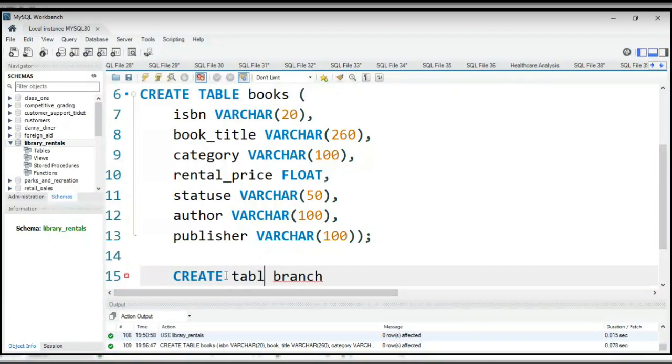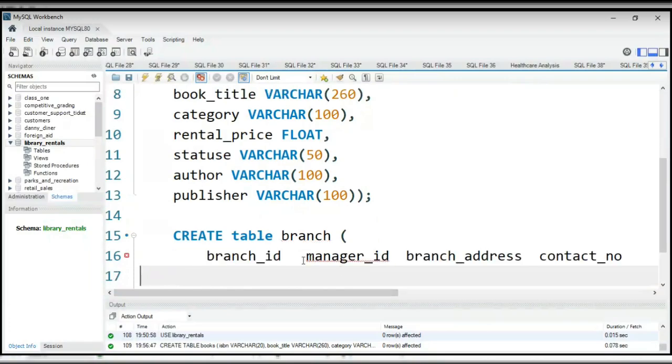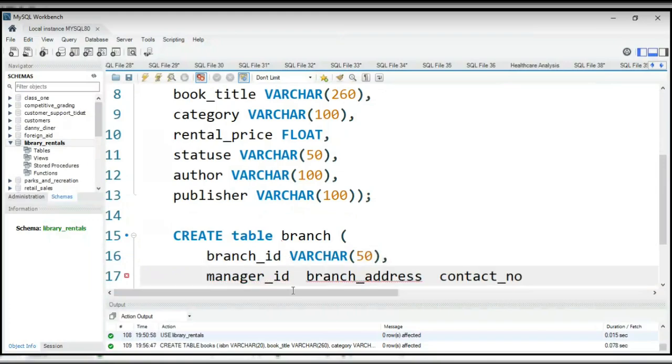Create table called branch, and we open this. Over here, we paste. Branch ID is actually a varchar. It contains letters and numbers, so that's why it's a varchar. Ordinarily, it would have been an integer. Manager ID, I would have to check that too. So it also contains letters and numbers. The only thing that doesn't contain